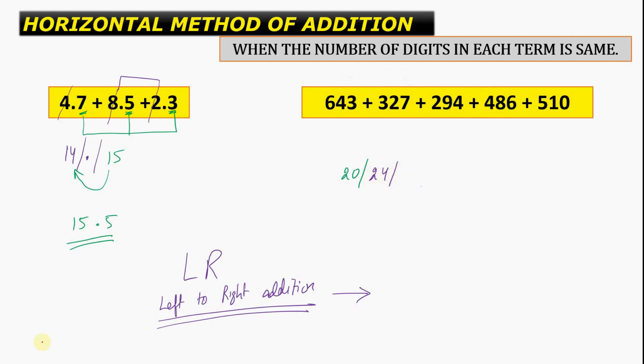And lastly, we need to add the digits on the units place. That is, we need to add 3 plus 7 plus 4 plus 6. Now 3 plus 7 will become 10, 4 plus 6 will become 10, and we will add a 0. So the answer would be 20 on the units place. Now this should be a single digit number. So this 2 will get carried over and we will get 20, 26 and 0. And again this should be a single digit number. So this 2 is going to get carried over and we are going to get 2260. So this is going to be the final answer. Now let's move on.